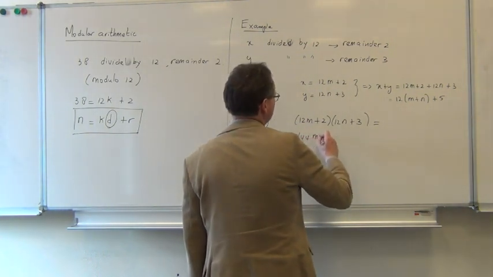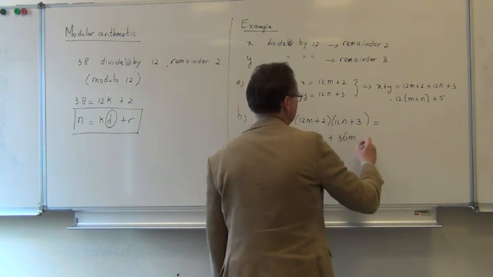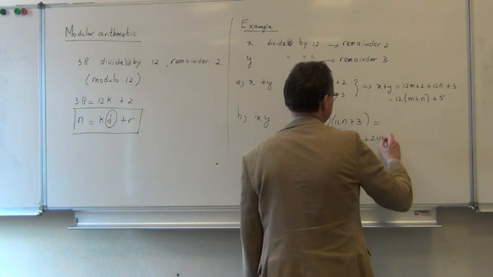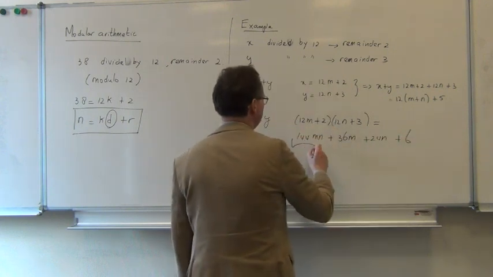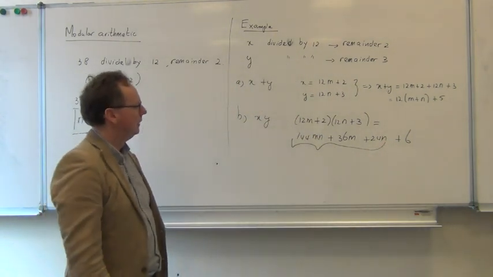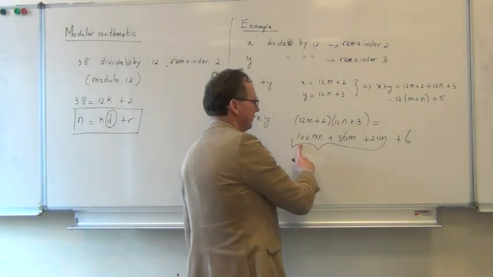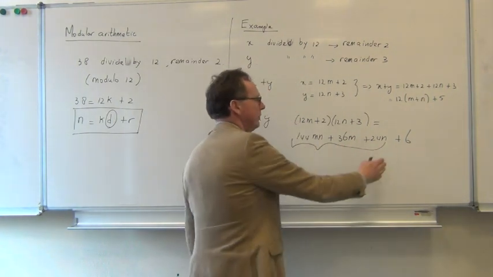144mn plus 36m plus 24n plus 2 times 3 is 6. Well, this whole part clearly is a multiple of 12, because this is 144, 12 times 12, 12 times 3, 12 times 2. So the whole thing is a multiple of 12. So then